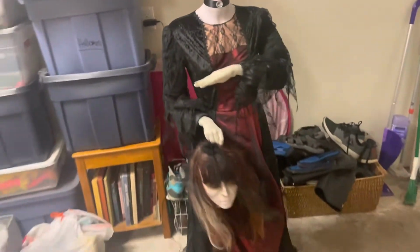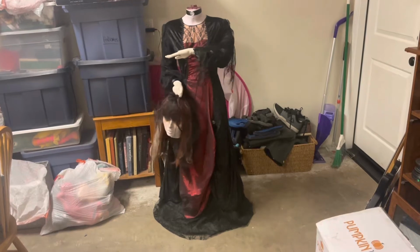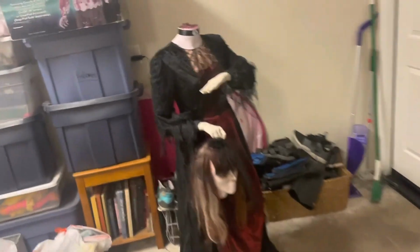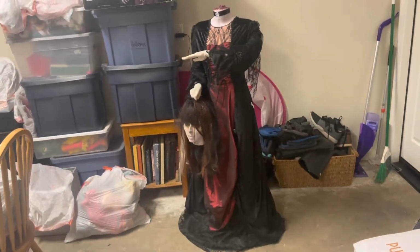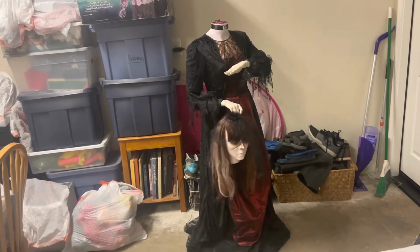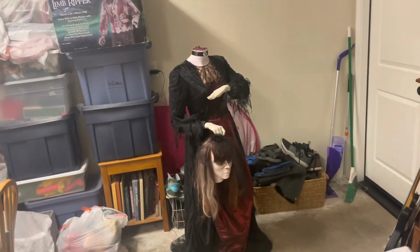Does my hair look nice? I just want everything to be perfect, even though there you are. I'm ready when you are. This is the happiest day of my